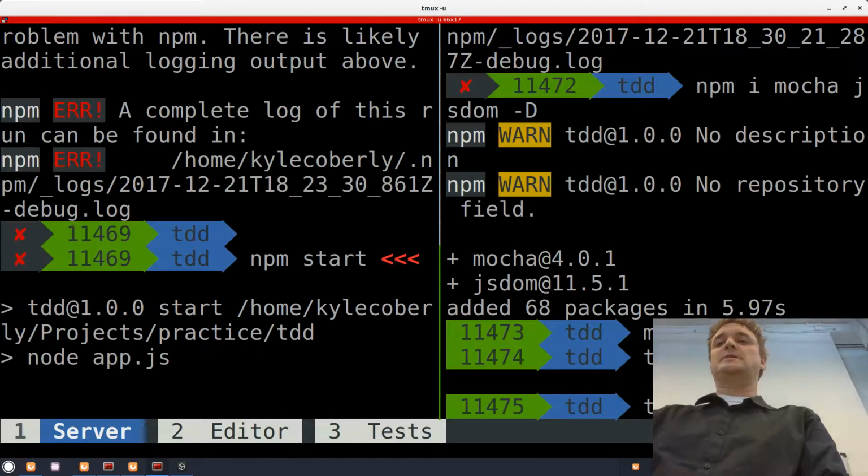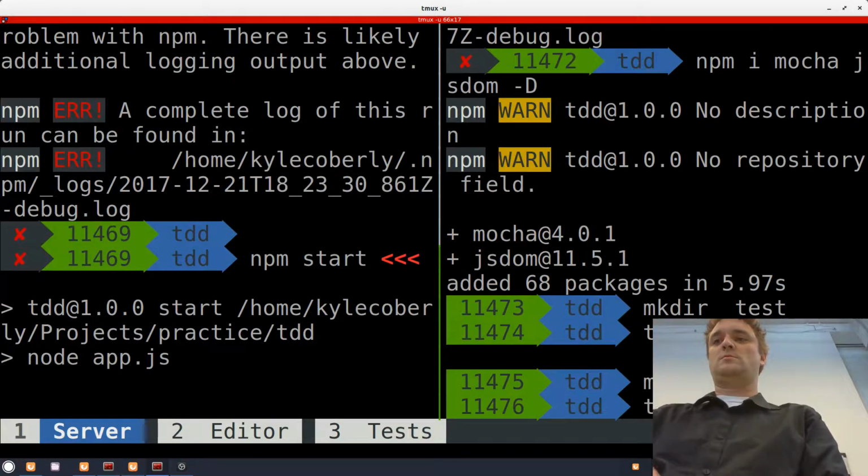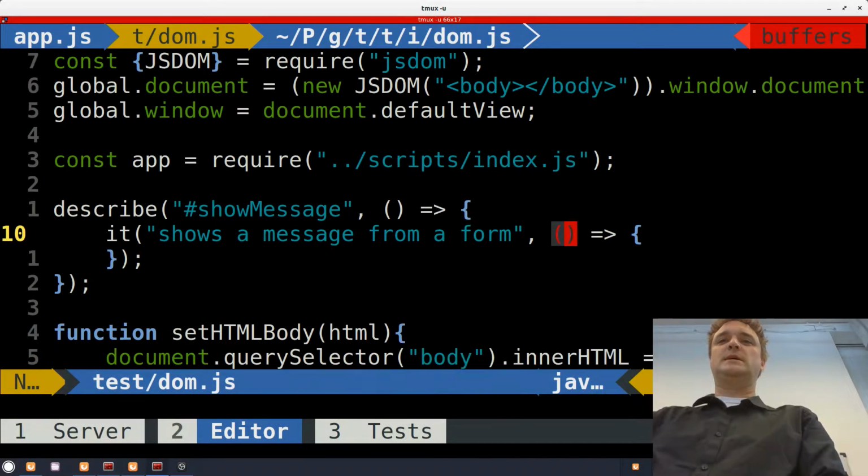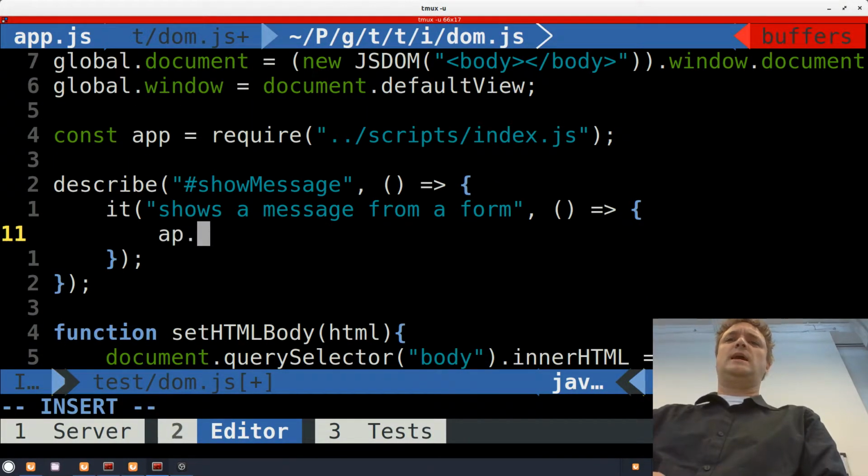Now that file doesn't exist, so we need to make it. Scripts index.js. All right, so now that exists, and I'm saying, hey, when on this app, first of all, if